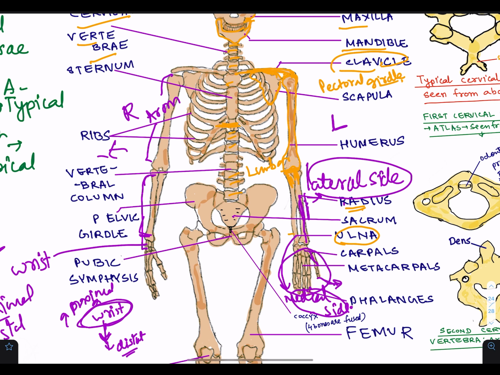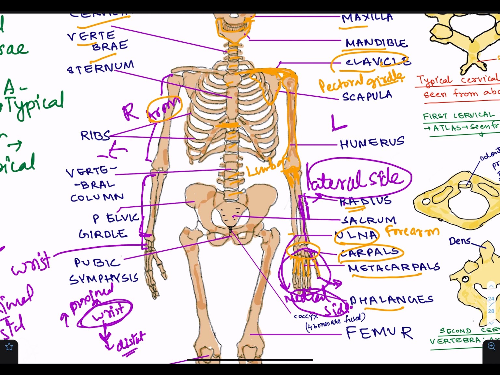This is the forearm. The upper part is the arm, as I told you. Now the wrist joint contains carpal bones. These are the carpal bones. They are 8 in number. Then there are metacarpals. 1, 2, 3, 4, 5 metacarpals. Then the phalanges. We'll discuss these things later.